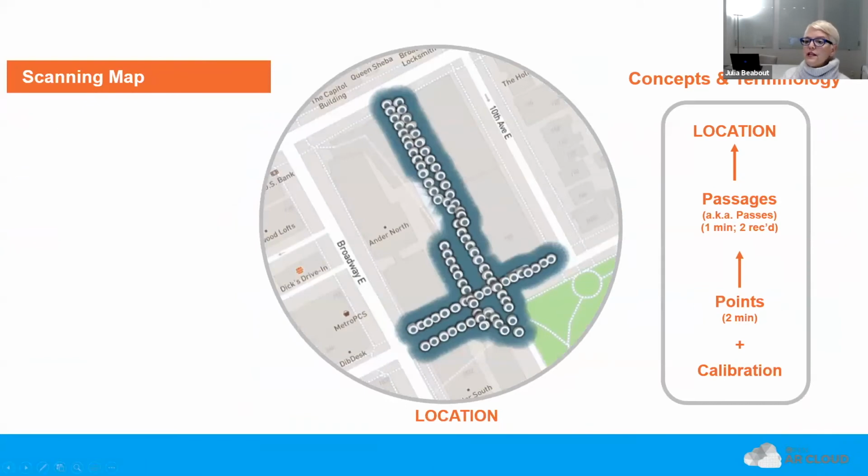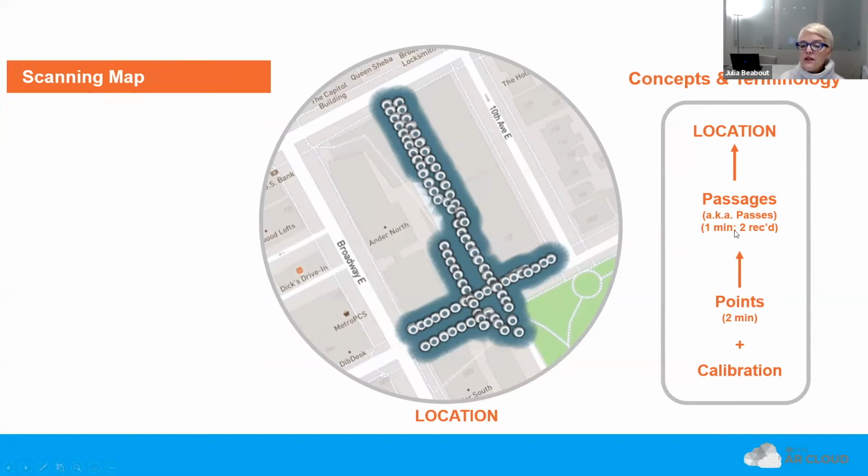So to create this, there's a few concepts and terminology that are helpful to understand. The first is a location. Basically, a location is a collection of points that you've scanned. I'm using terminology from the Augmented City Scanner app that I used to create this scan, but it is consistent across different types of scan apps that you can and will be using.